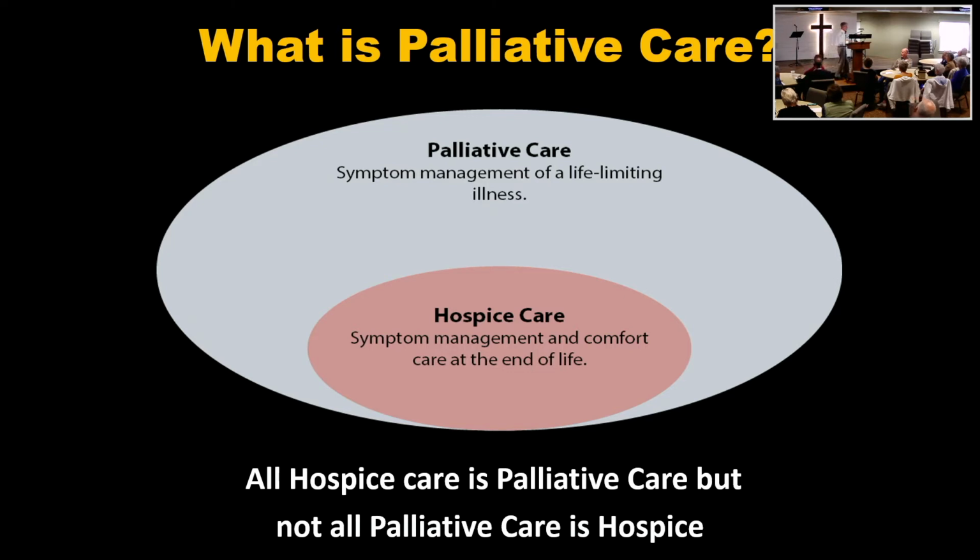Hospice is when you're dying in the next 6 months. Palliative care is symptom relief, to make you comfortable, to support you, to support your family. You can do that anytime. And at the end of the lecture, I'll tell you where you can get it, and if you're not getting it, how you can get it. So palliative care is the umbrella. Hospice is a subset.